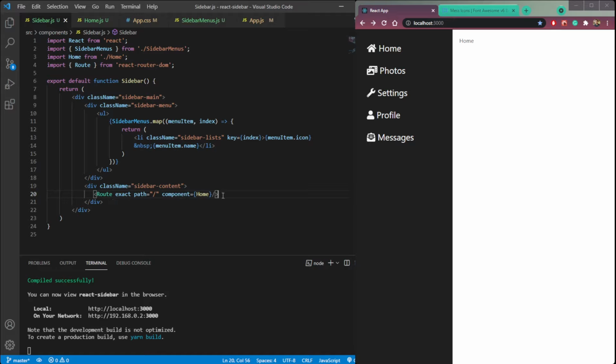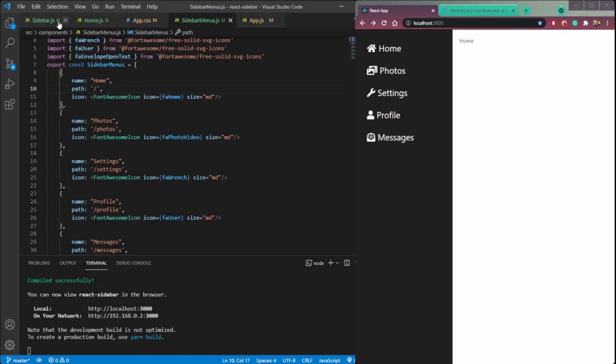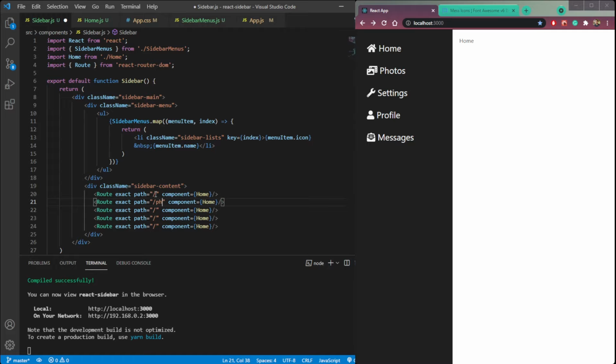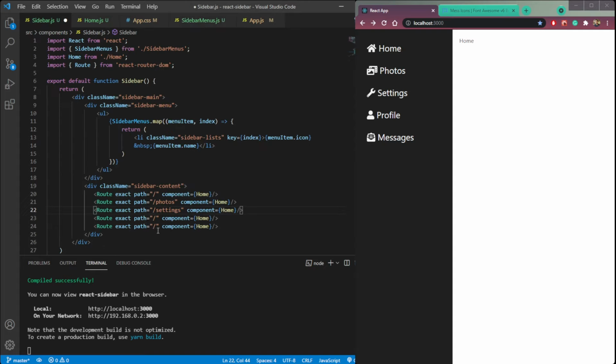Then we need to do this for all other routes. So paste it 5 times for all the links. So the second link is photos. So make it photos, then settings, then profile and messages, the last ones.